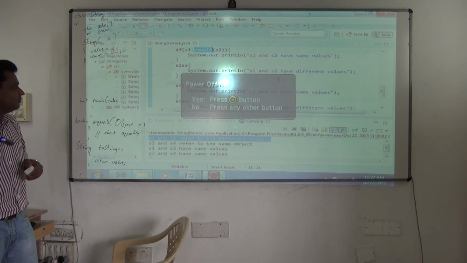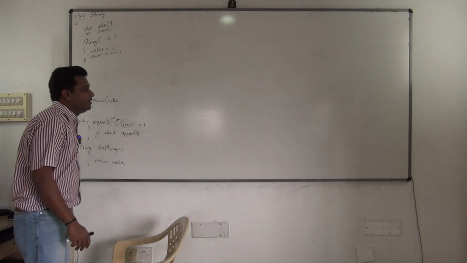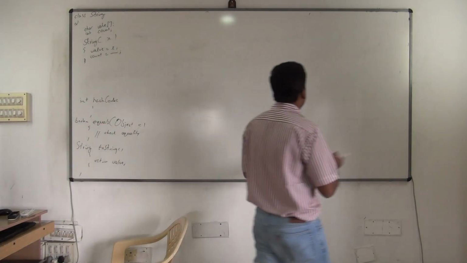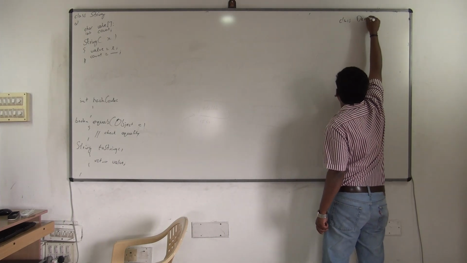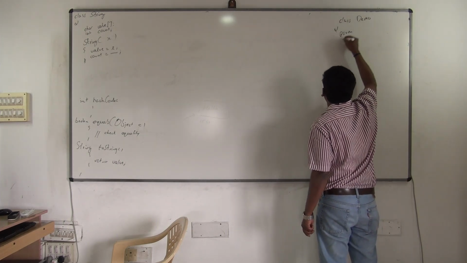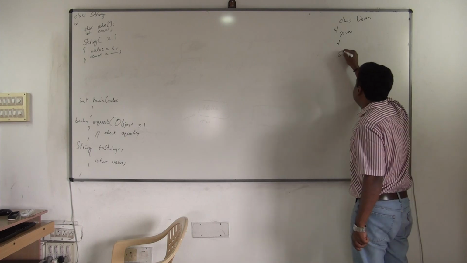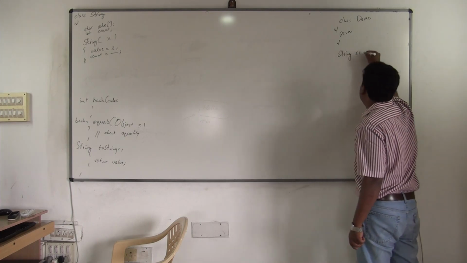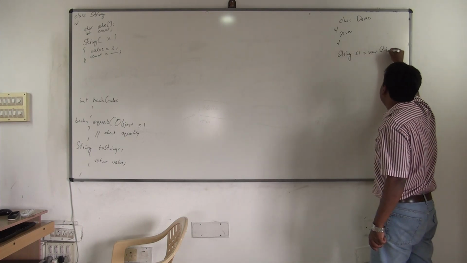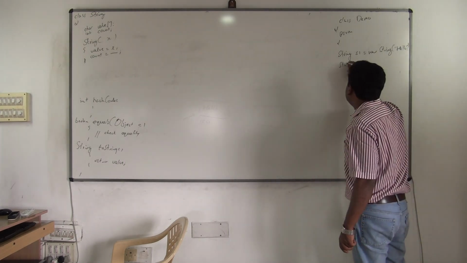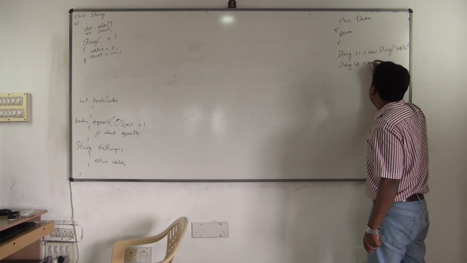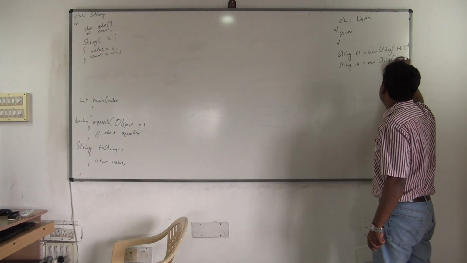But if you want the code, what they have written, see, if you want to know how it is working internally, it is very simple. We wrote the code like this. Class Demo, PSVM. What is the way they write the logic? See this. String S1 is equal to new String of "Hello". I am using the new operator. I can also say String S2 is equal to new String of